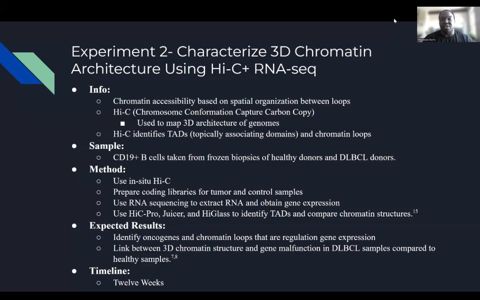For a sample size, we're using CD19 plus B cells taken from frozen biopsies of healthy donors and DLBCL donors. The method we're using is in situ Hi-C. We're preparing coding libraries for the tumors and the control samples, and using RNA sequencing to extract the RNA, obtain that gene expression, then pass it through Hi-C Pro, which will make some matrices